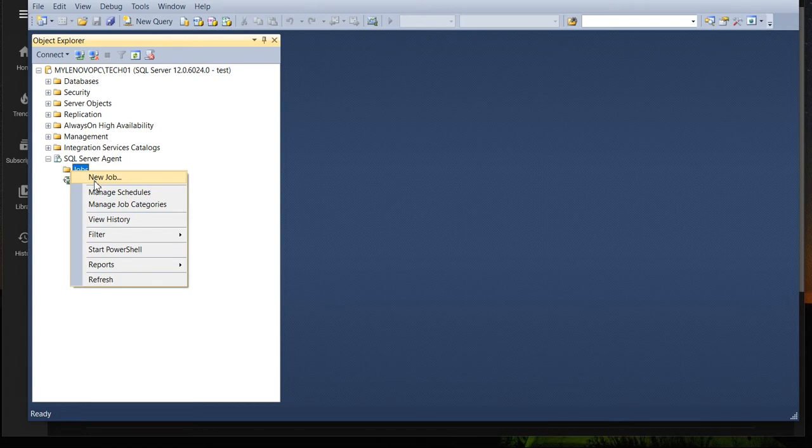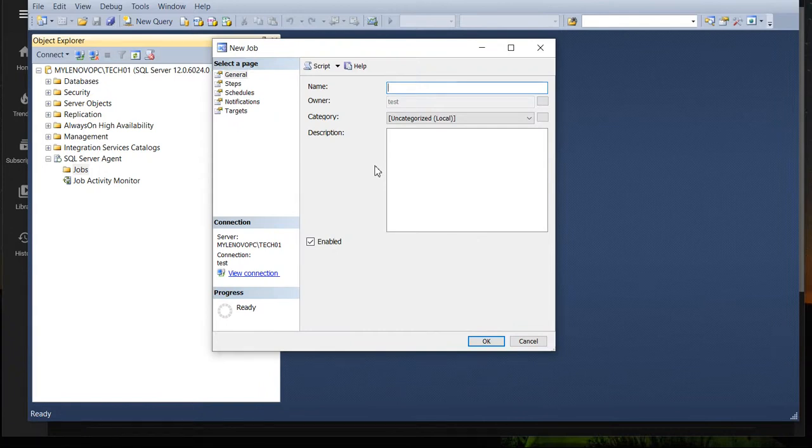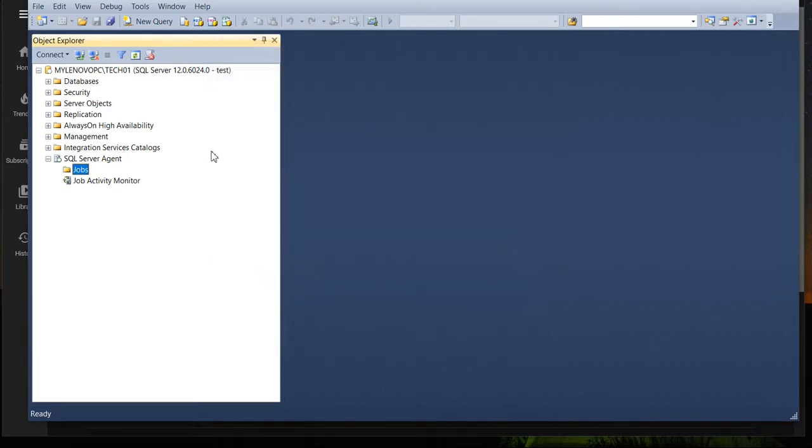The requirement was that the application user wants to change their stored procedures frequently and schedule the jobs based on their own timing choice. So provide the least level of privilege for that particular application user, and your task is over. With this minimum role, they can create their own SQL Agent jobs, execute them based on their timings, and stop them also. Whatever they want, they can do with their own jobs. But they don't have access to do anything with other jobs. As you can see, I am not able to see any other jobs at all.